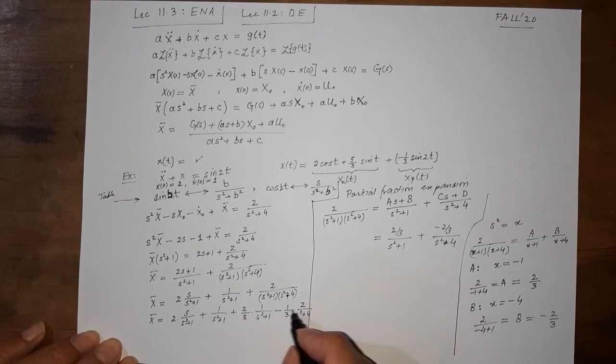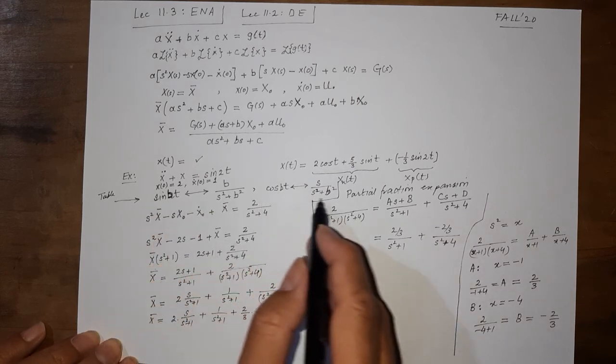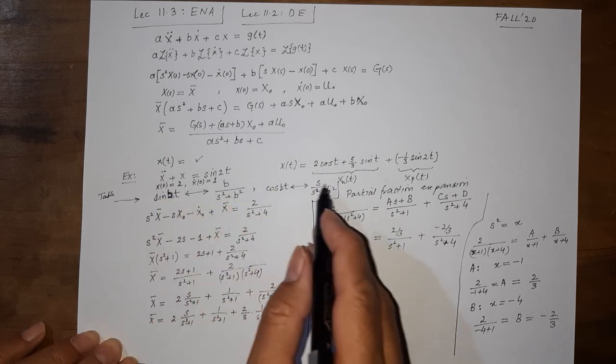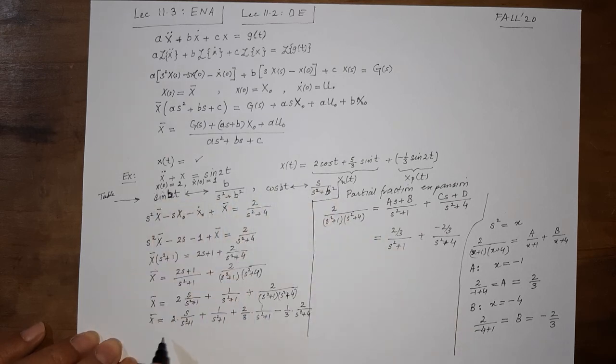I needed a 2 here, so I have written this 2 here. Now, just by consulting that table of the transform pairs, we can very easily write, therefore,